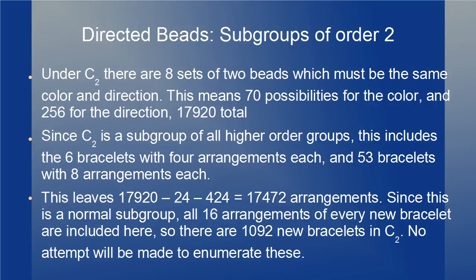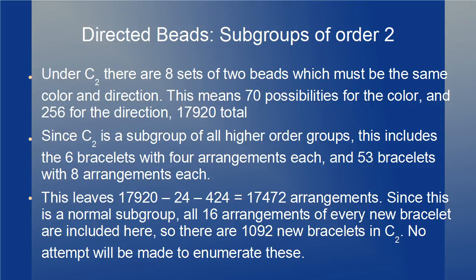Down to subgroups of order 2, the final row. Under the cyclic group of order 2, we have 8 sets of diametrically opposed beads which must be the same color and direction. We have then 70 color combinations times 256 directions. C2 is a subgroup of all higher order groups, so we'll subtract all of the arrangements found so far to get